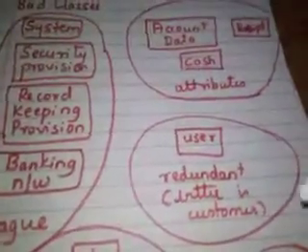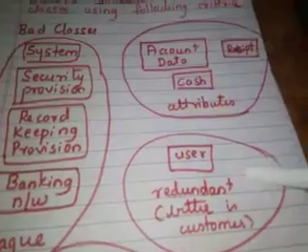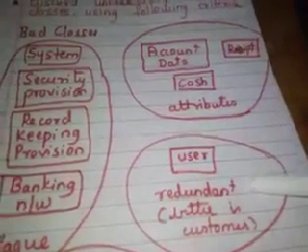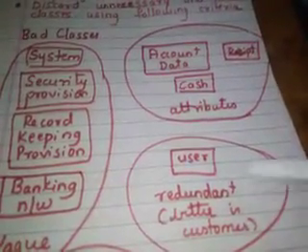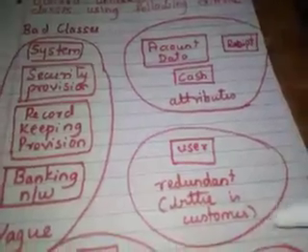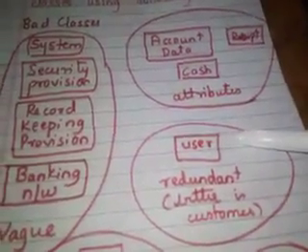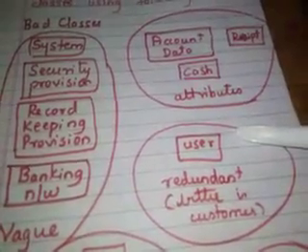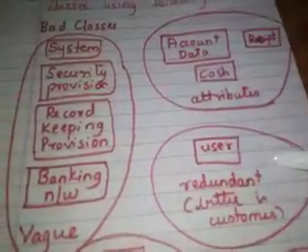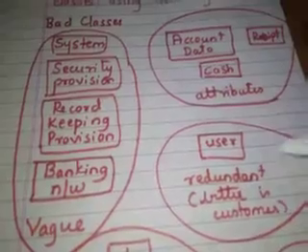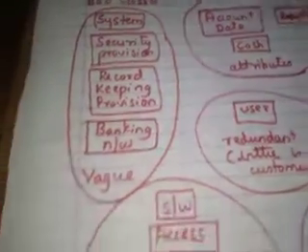Next is, sometimes the noun may be redundant. For example, sometimes I have used the word user, sometimes I have used the word customer. Now customer is also a user of the application, and user is also a user. Now I should remove the redundant classes because I want to be much more specific. Next is